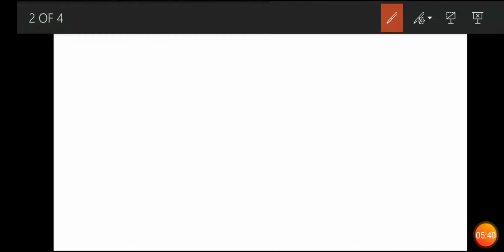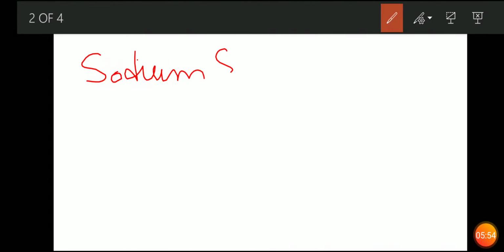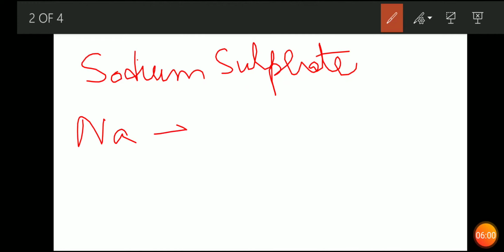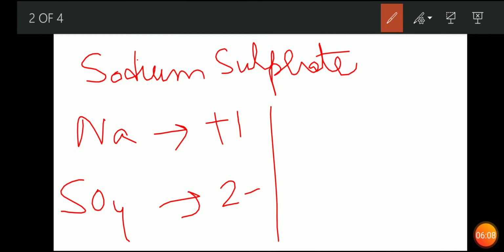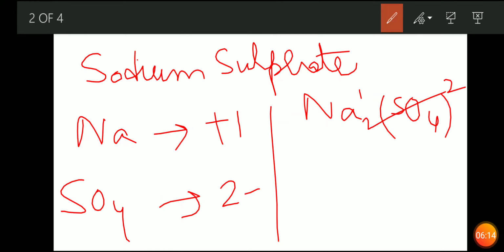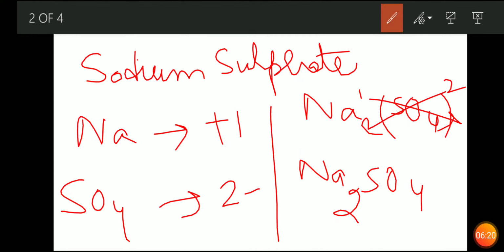Now see the reaction, that is Na2SO4. First we will make the formula and then we will carry forward the reaction. First is your sodium sulfate. Sodium has a symbol of Na having a valency of +1 and sulfate is SO4, the valency is 2 minus. So how we will get the formula is Na1, SO4 2, interchange, then we will get Na2SO4. This is how we form sodium sulfate.